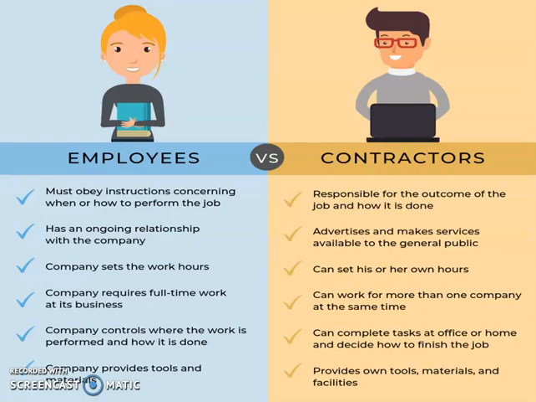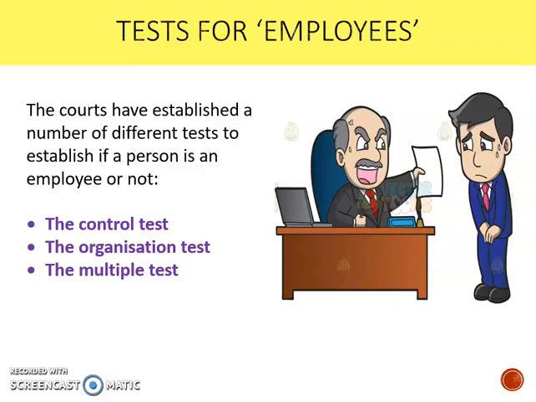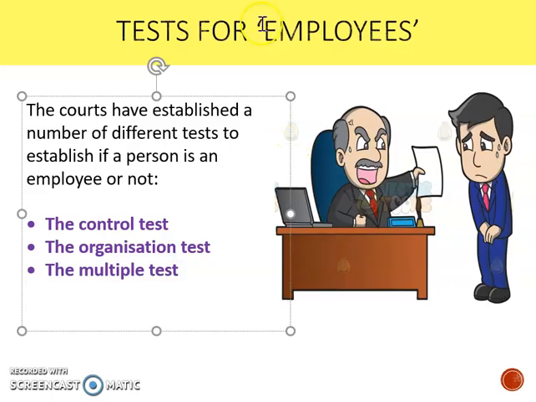But it is much more complicated in real life, and we had a very recent case, Aslam, Uber and Farah, which illustrated that even in 2018-19, we were still struggling with this distinction between the two. So the courts have actually developed a number of tests for working out whether someone's an employee or an independent contractor. So we're going to have a look at each of these tests: the control test, the organisation test, the multiple test. And in recent years, the courts have added another, and I'll add it on here. It's called the sufficiently close test. And we'll have a look at that as well.